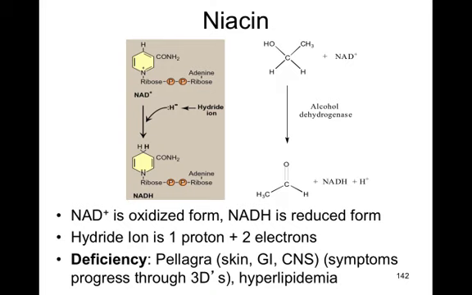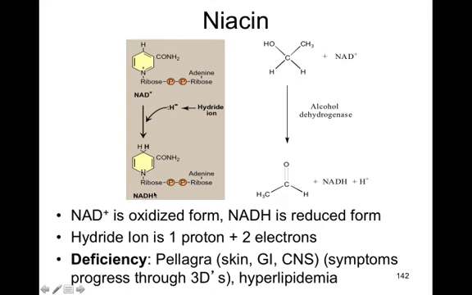So here you have your NAD plus along with the ribose, which is the sugar, and the phosphate, and here you have your adenine along with the sugar, ribose and phosphate, making it nicotinamide adenine dinucleotide. So a hydride ion is a hydrogen with one proton and two electrons. So the NAD plus has now accepted the hydride. The hydrogen is on the pyridine ring along with the nitrogen getting an additional electron, and in the process